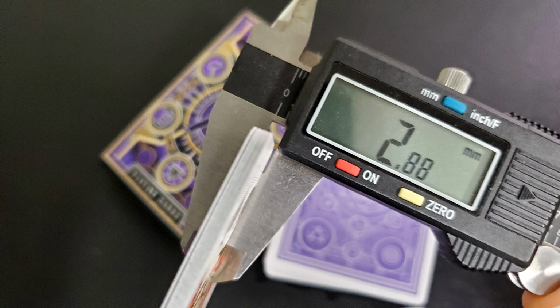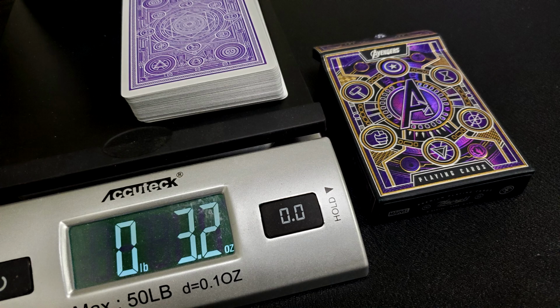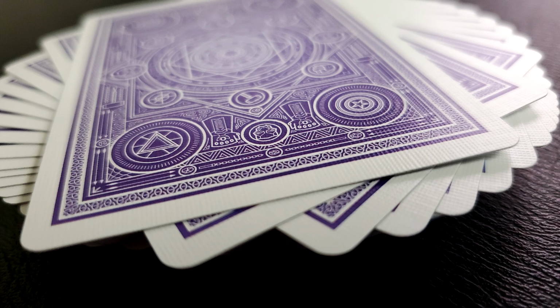You also want to know how they feel and how they handle. 10 cards in the caliper come to 2.88, which would be a thicker card stock. These are going to be what we would consider to be a casino grade stock. That means these cards are going to be crisp and rigid, and they will last you a good long time. That's everything I can say about the Avengers deck from